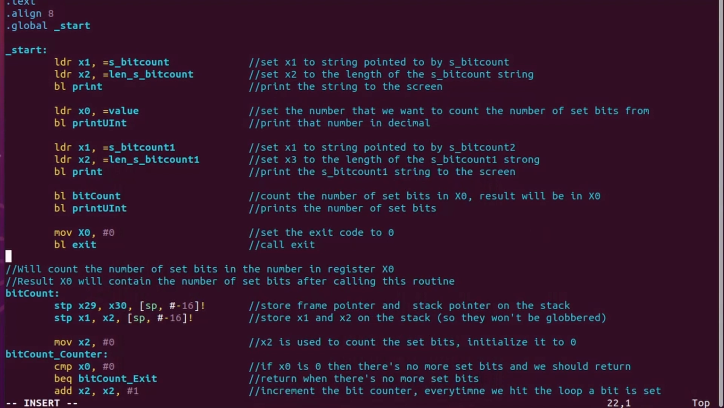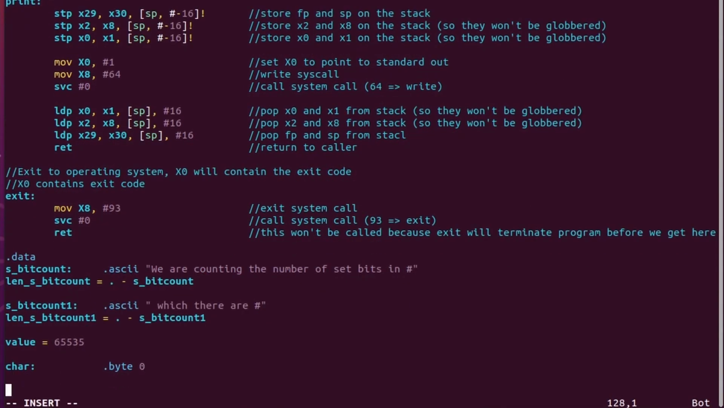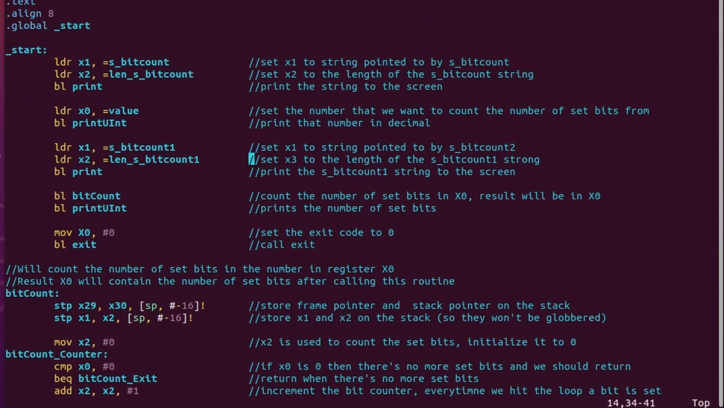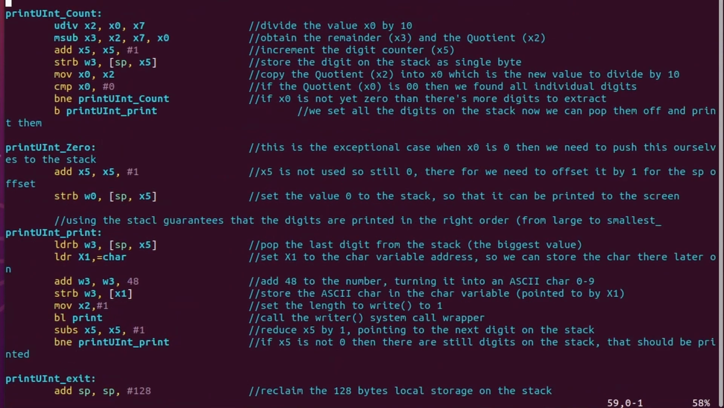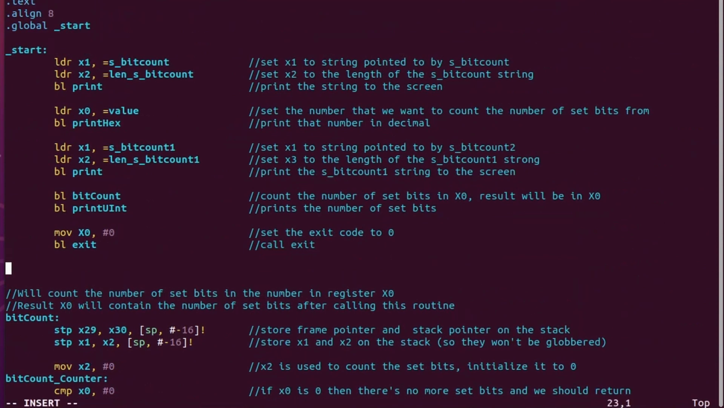So let's first create a character array. Let's call it hex array. .ascii 0, 1, 2, 3, 4, 5, 6, 7, 8, 9, A, B, C, D, E, F. Okay. And now let's take our print uint and change this into hex. And let's also change the string with a nice hex leader 0x. Okay, and let's now create the print hex